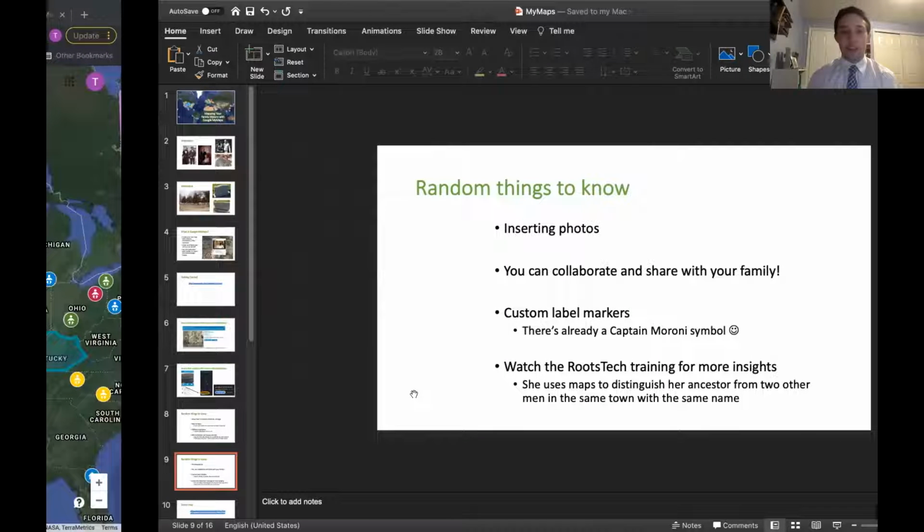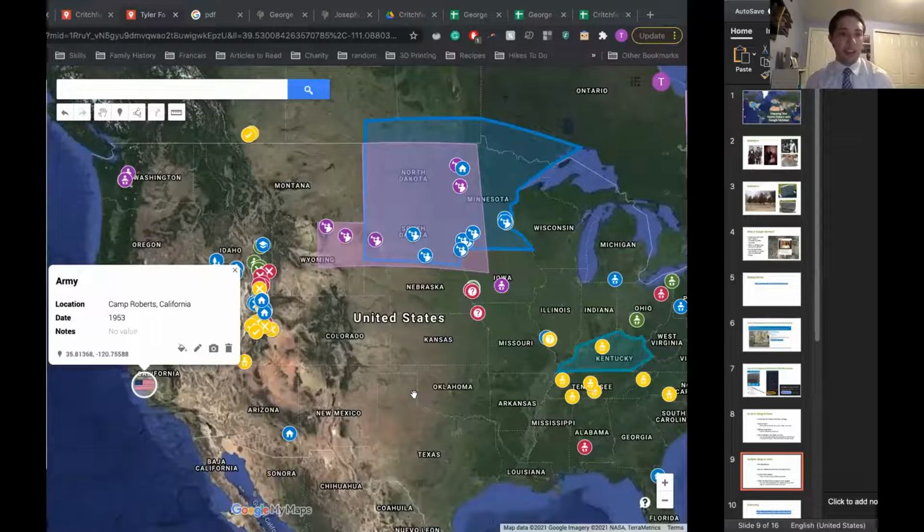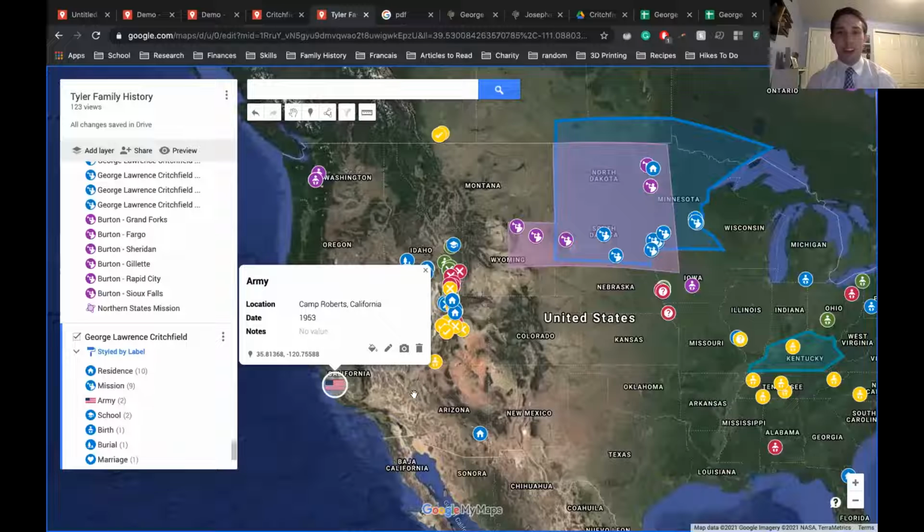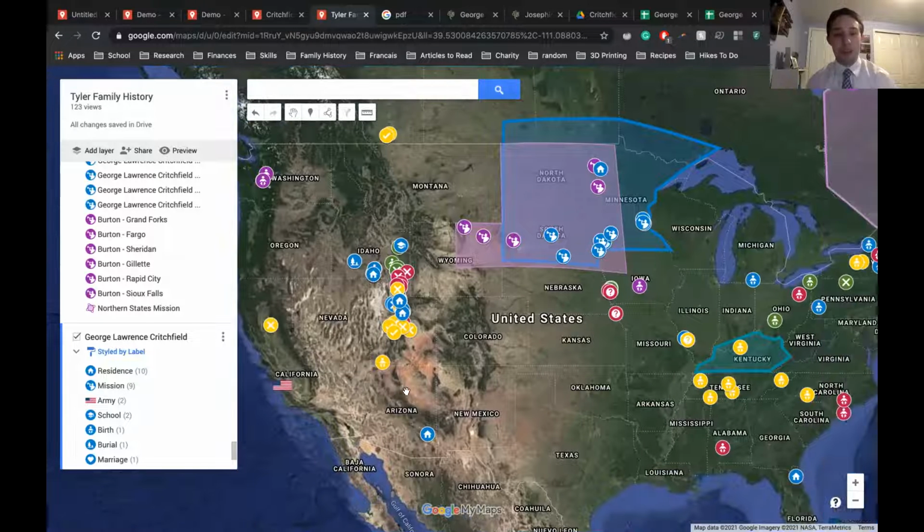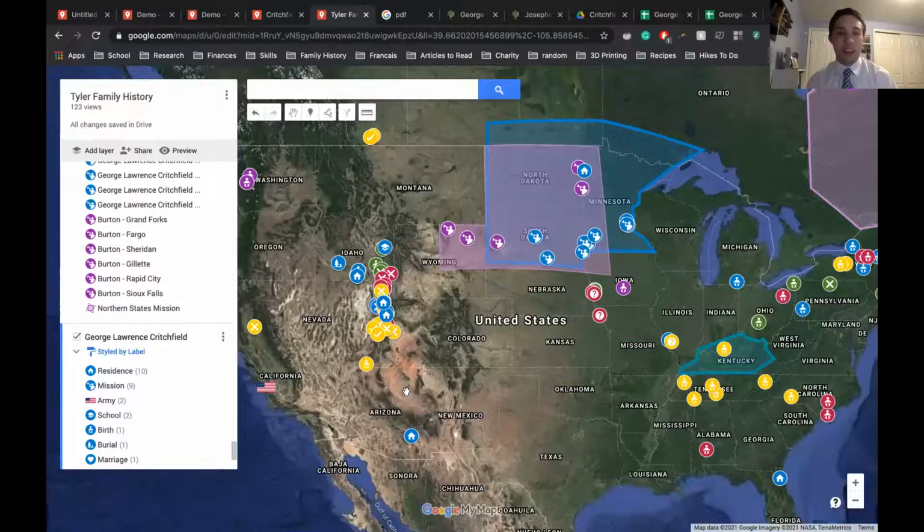But yeah, that's all I kind of had to share. This is definitely not an exhaustive or even a rigid thing that you have to do. But hopefully this has given you some ideas of stuff you could do with your family. I used it, like I said, to just learn more about my family, but I'm sure you could use it for whatever research purposes you might be looking into,